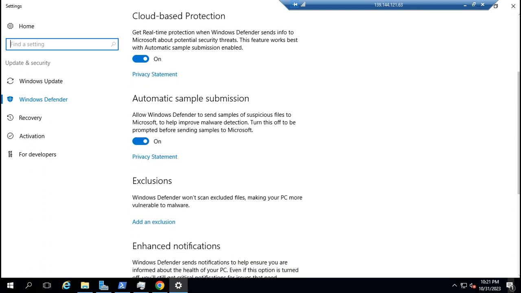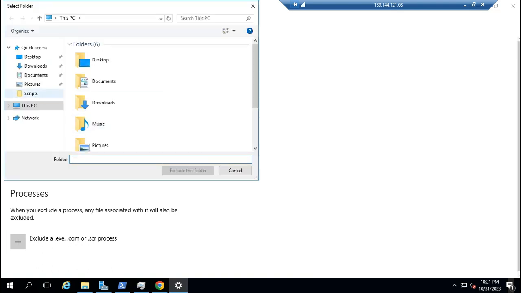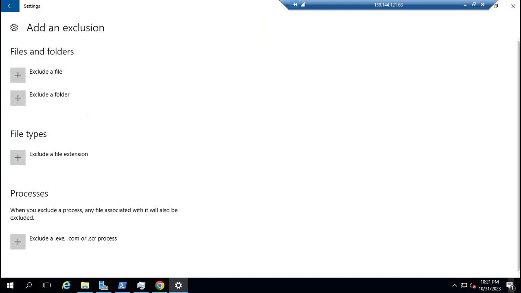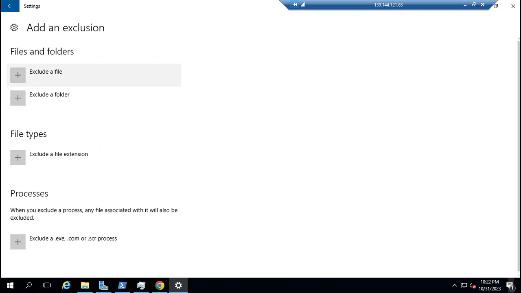So in here I will show you how to exclude a folder. Oh wait, first of all we just download first, and then we make the exclusion in here.